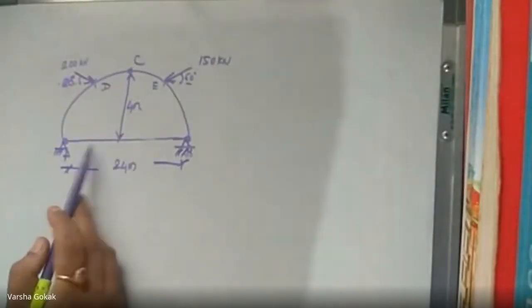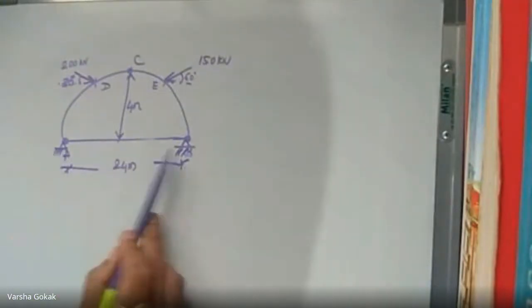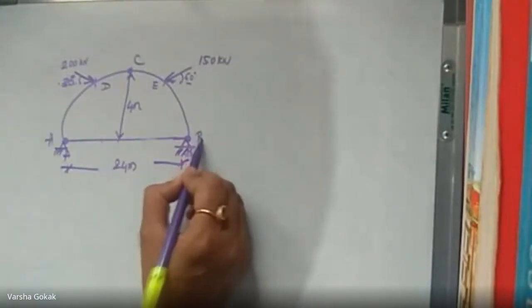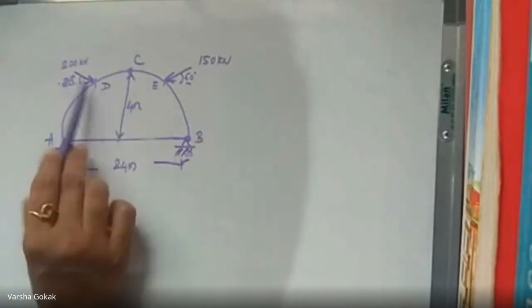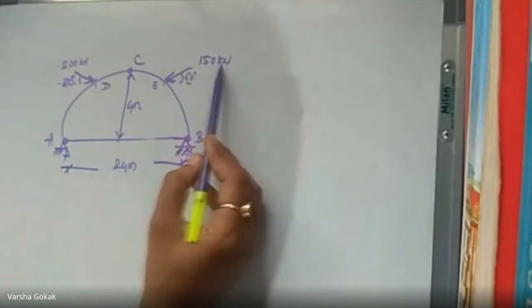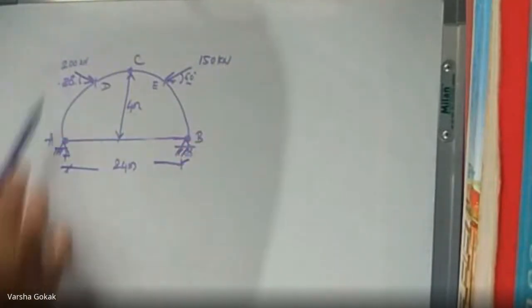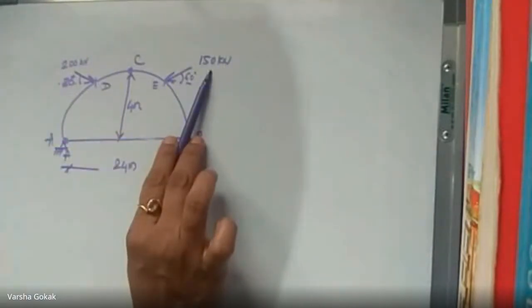So we have to solve this three-hinged arch, which has two supports A and B, which are hinged. This is the crown C. The total height is 4 meters. There are two points D and E where inclined loadings are acting, of 200 kilonewton and 150 kilonewtons, at 30 and